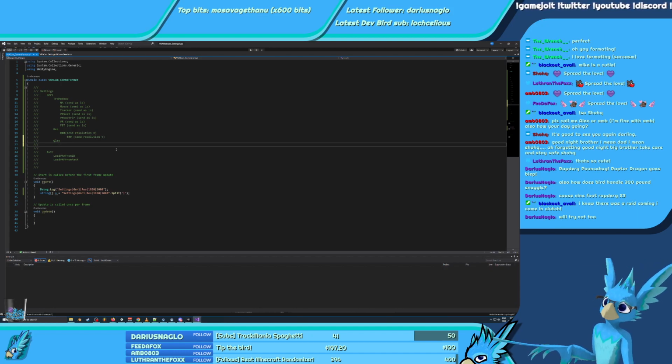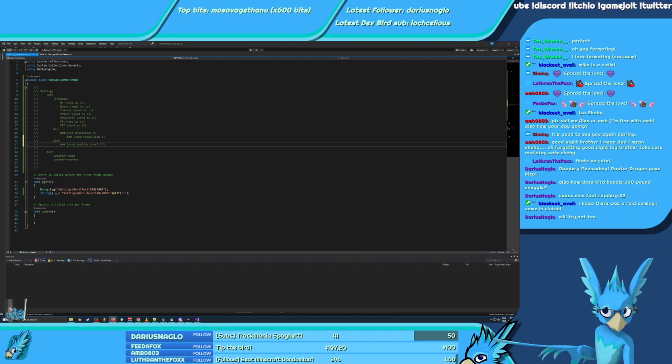So quality settings, that's gonna be an int. So send quality setting ID, quality level ID. There we go. Next up would be the motion blur.